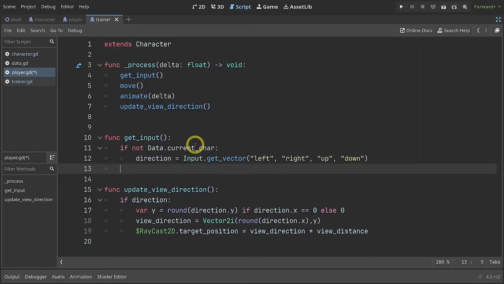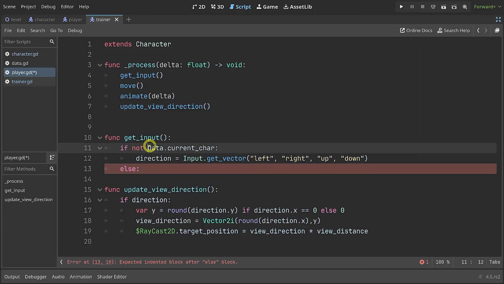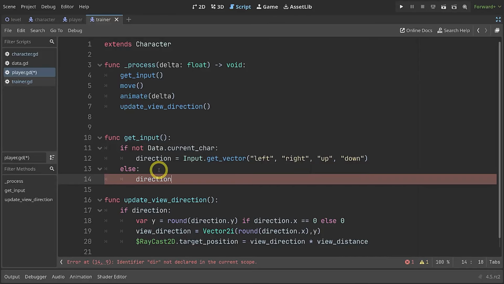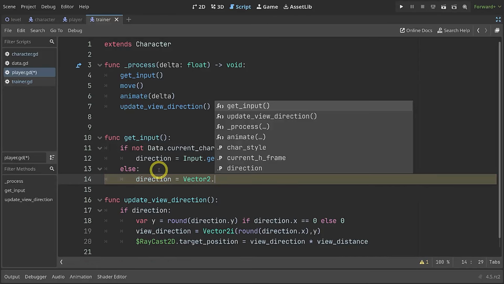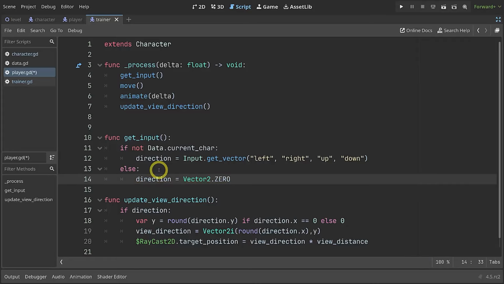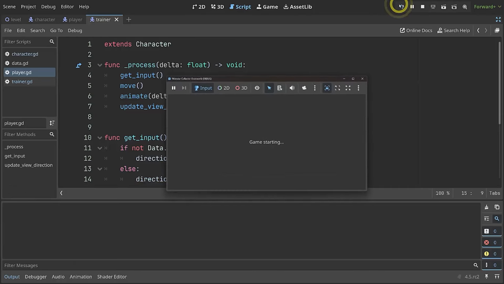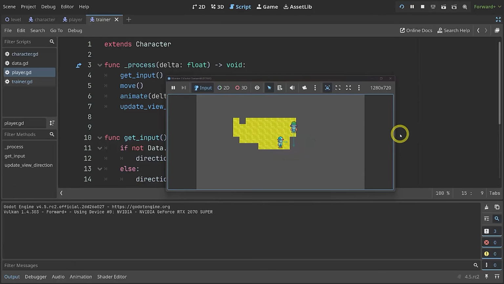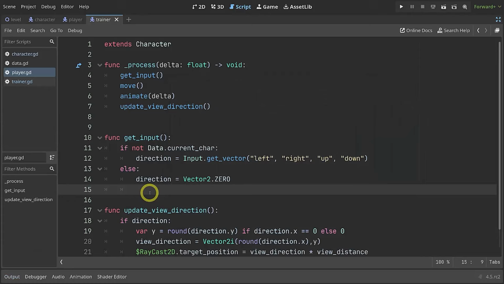But for now, if that is not the case, else, meaning we do have a current character, then I want to set direction to a Vector2.ZERO. That should be it. If I now walk into the view of the trainer, the player cannot move anymore. That works. The last thing that I want to work on is that when the trainer sees the player,